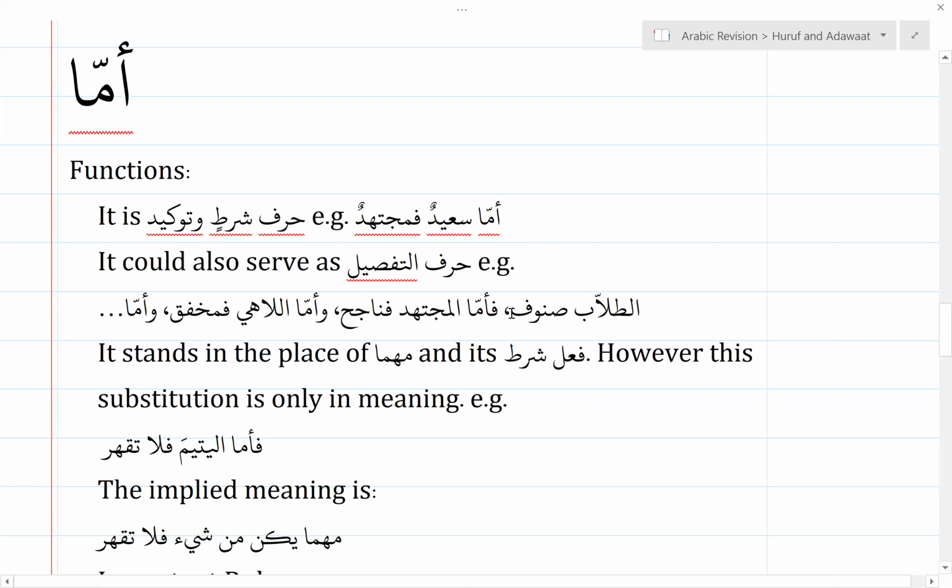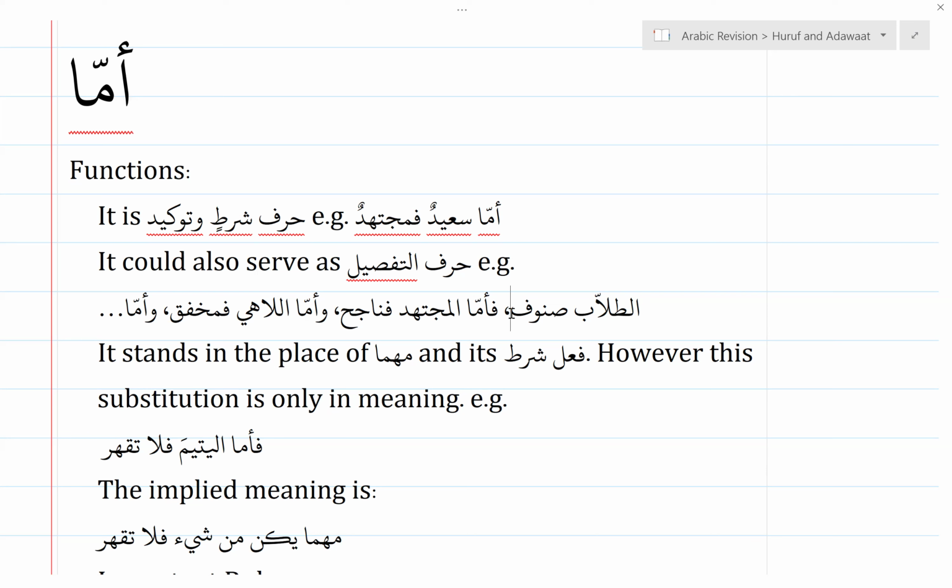Students are in categories. Students are categorized, if you will. Then I provide more explanation of what these categories are. What do I mean by students being categorized? So I go on to say, فَأَمَّا الْمُجْتَهِدْ. Now, see, I'm providing explanation, right? As for the one who is hardworking, then he will succeed. As for the one who is lazy and is not hardworking, then he will fail. As for the one who tries, then he will get what he is. So I'm trying to explain the different groups that are there.